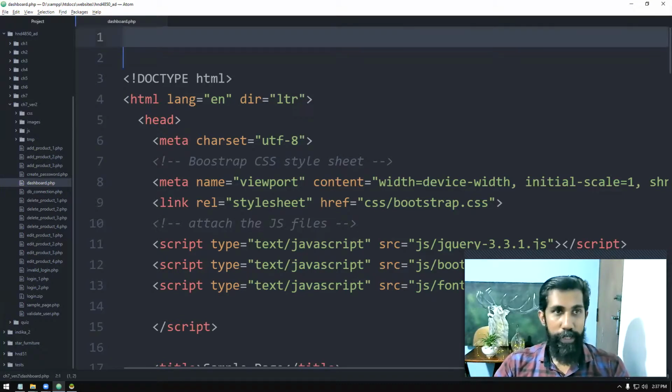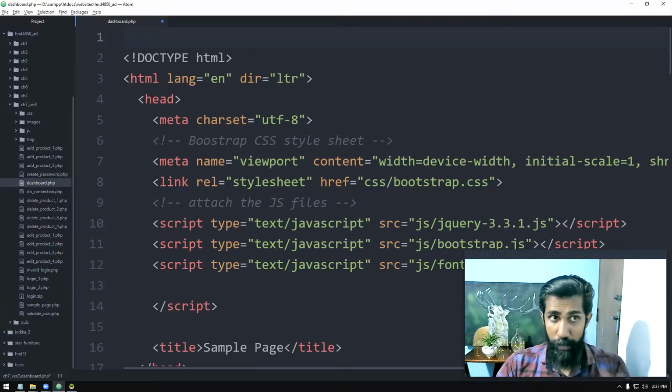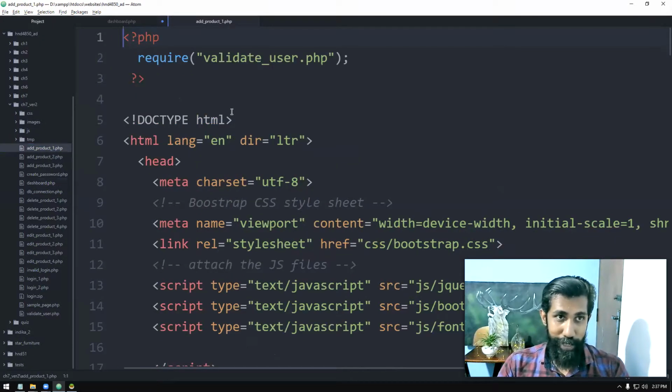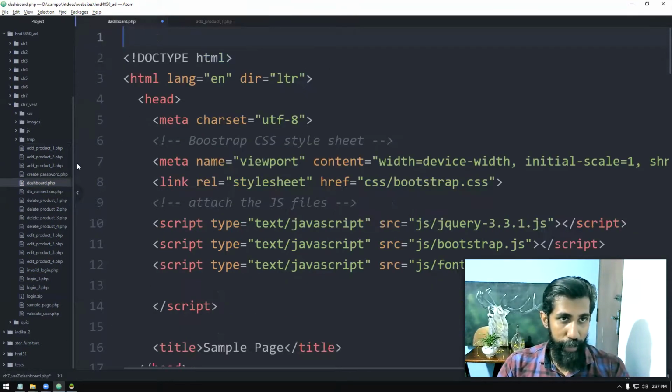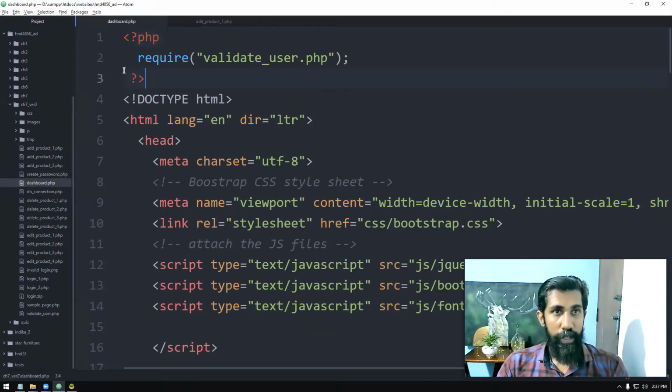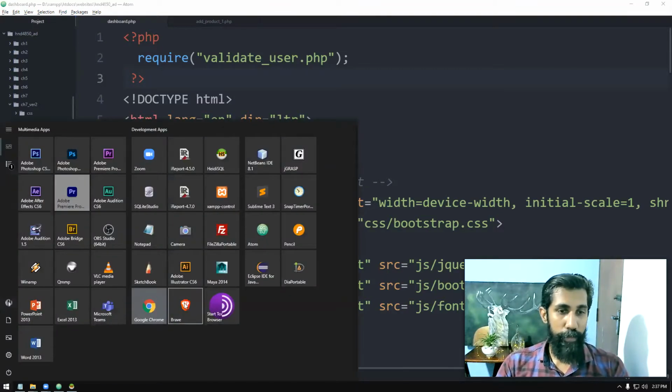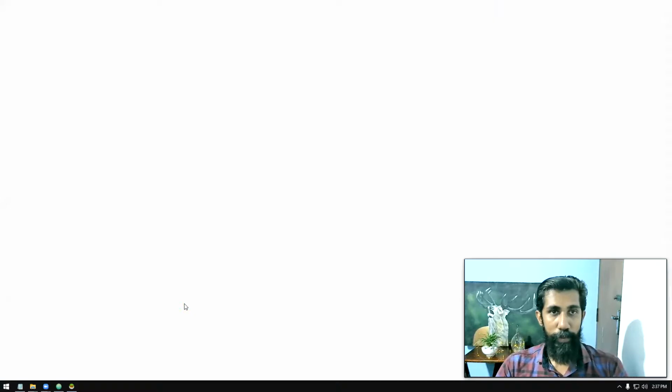Okay, sorry about that delay. So what happened was I added the validating code to every page and I didn't check those pages. For every page we said require validate_user.php, but we forgot to type that part for the dashboard file. That is why, when testing the dashboard file, it is not letting us in. I thought the problem was with the browser.